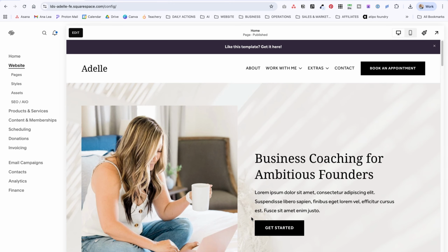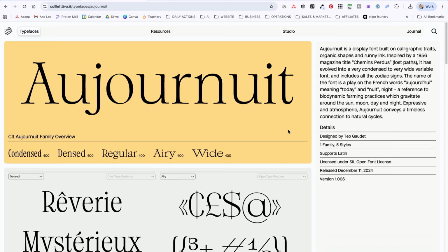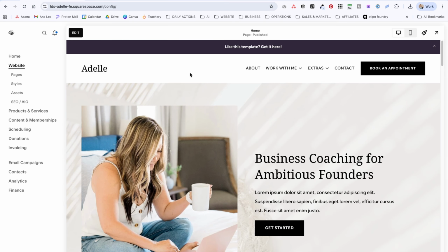So the first thing that you're going to want to do is download the custom font that you want to upload to your website. For the purposes of this tutorial, I'm going to be using a free font from Collettivo, which is a type foundry that releases free fonts that are free for commercial use. So download your font files and save them somewhere on your computer. Once you have your font file, you're going to log into your Squarespace website,